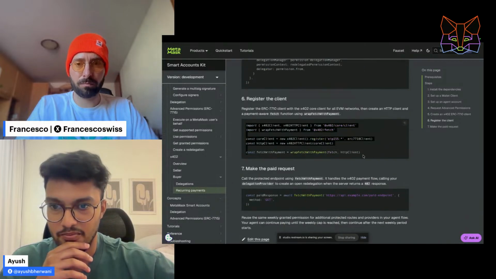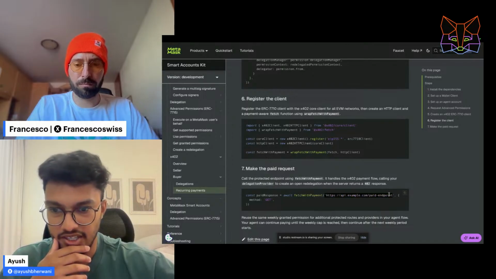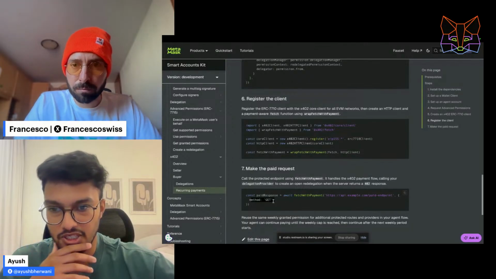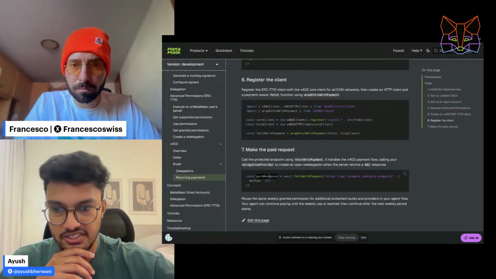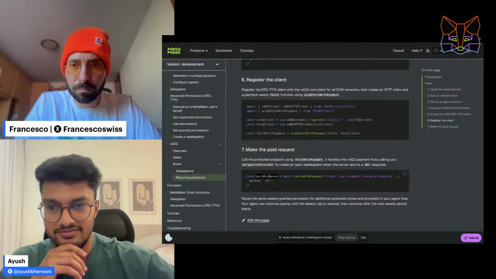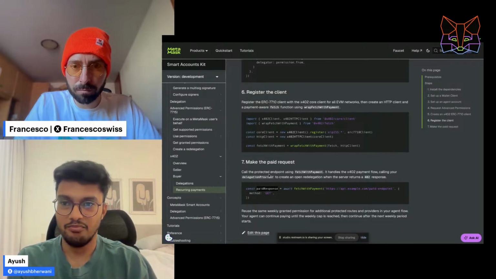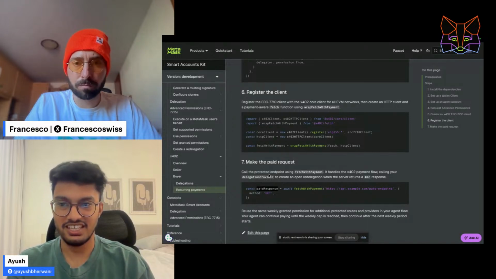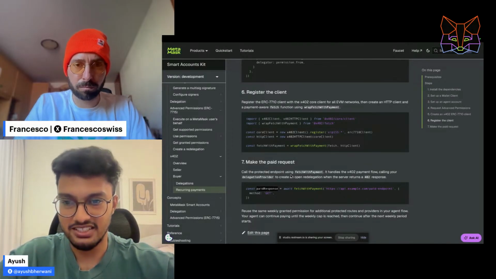Once we have done that part, you just need to use the fetch with payment with the API endpoint, and whatever the method name is, like a GET or POST, and you will get the paid response back, which will have the x402 payment response with the data as well. So that's the whole gist of how seller and recurring payments can be done on x402 and 7710. Now we'll give all this context to our friendly tools, and ask it to build something which can roast a token.